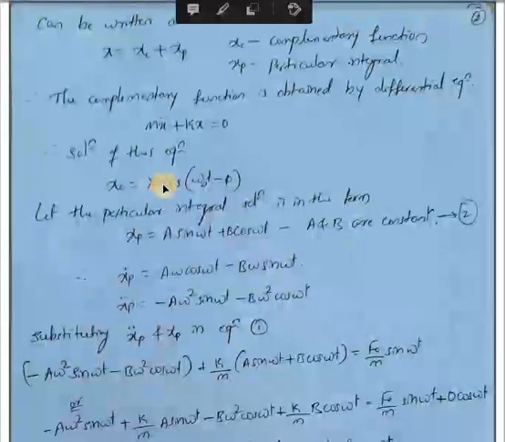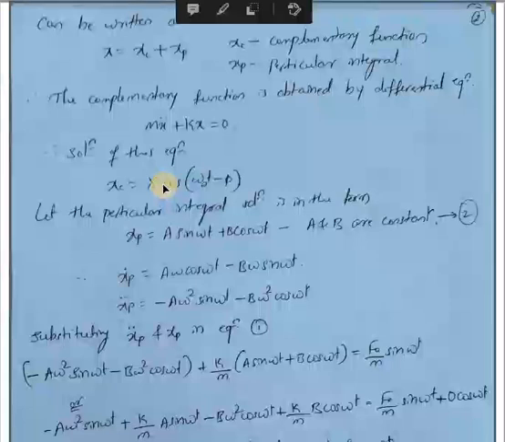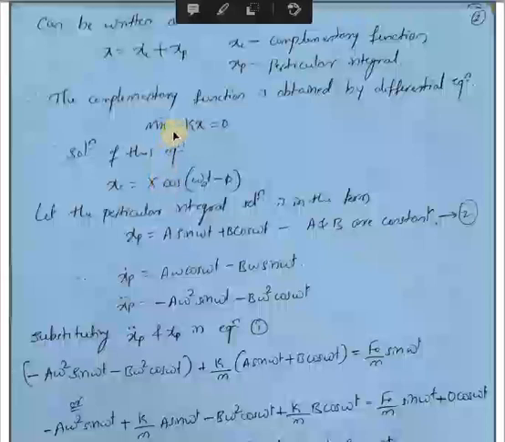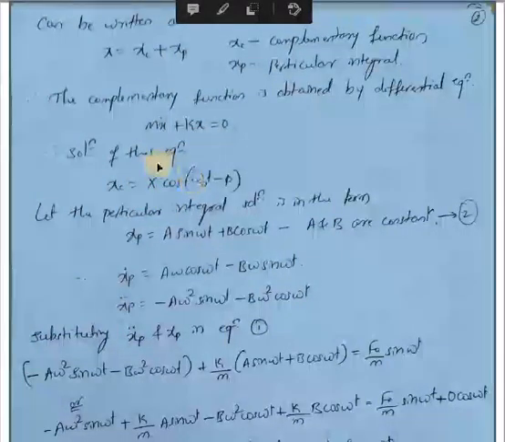X into cos of omega n t minus phi. And how to write this general solution, we have already discussed in the previous chapter. So for this kind of differential equation, we can directly write the solution in this form. Now let the particular integral solution be of the form xp equal to, let's assume that there is a